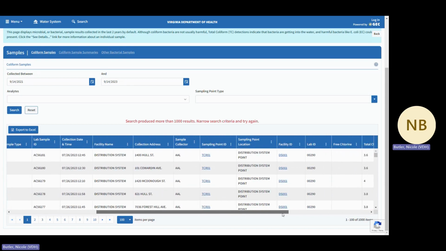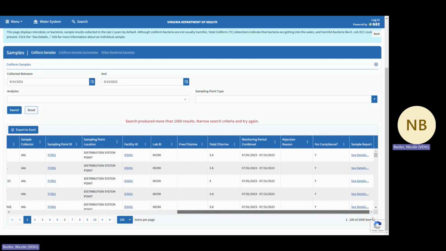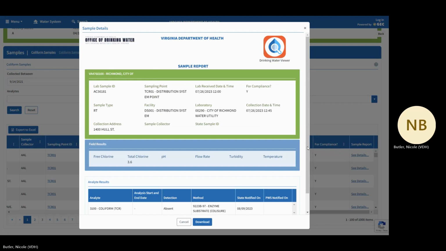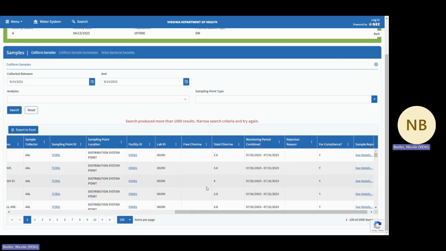But what many find most helpful is if you scroll all the way across, in the sample report column, you can click See Details. And a printable sample report will be generated for this one particular sample ID. It includes all of the sample information here in the top. Then this middle section has the free chlorine result, and the result is down at the bottom, where you can either download or we will cancel. Go back,